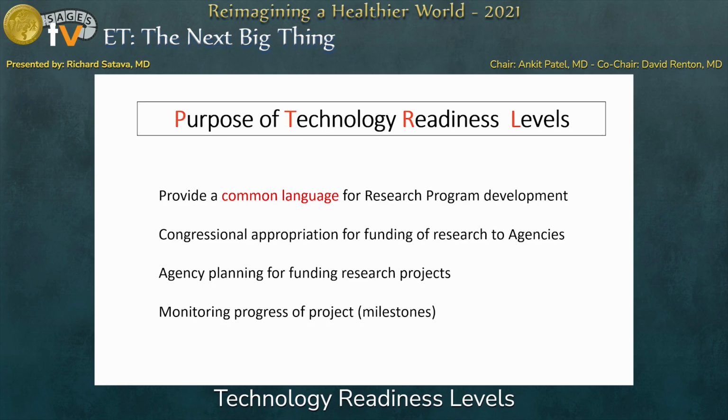And one of the important parts of the agency is that once they give you the money, they're going to monitor it, and they monitor it by milestones. And here's where the technology readiness levels come in. So this is a very complicated process. It was recognized by